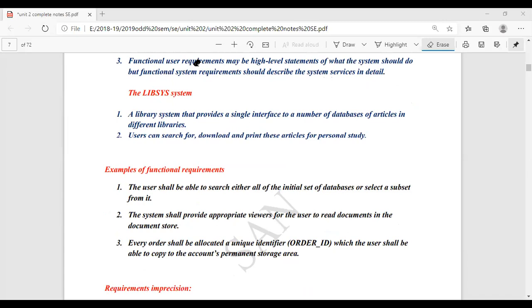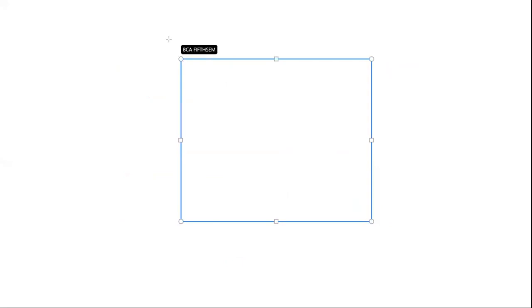How does that software work? Suppose initially I will share one screen with you. Suppose this is the main screen. Let me take this as the main screen of your library system. First we have a login session here.